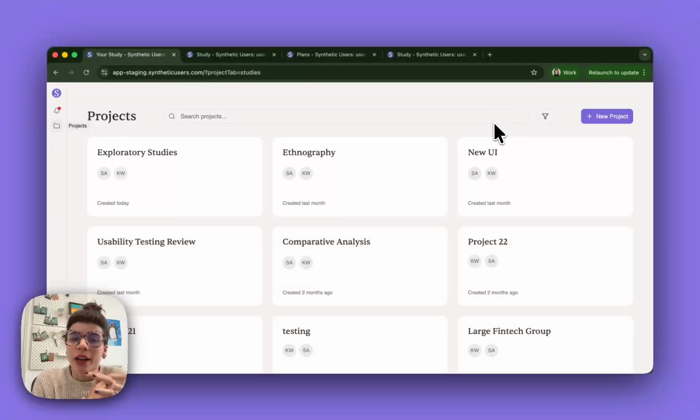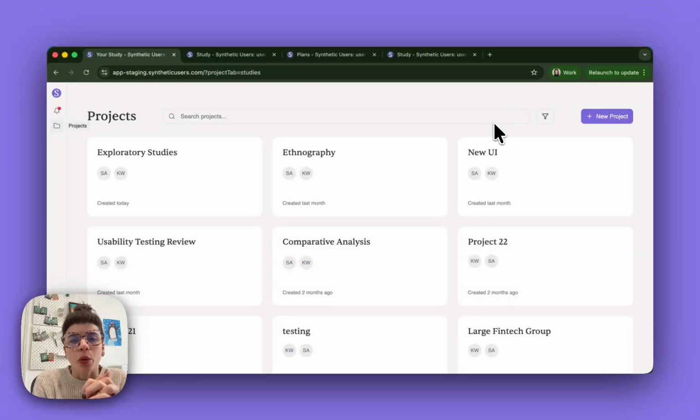In a previous video, I explained how to set up exploratory type studies. These are the two types of studies you can conduct with synthetic users. Exploratory are generative in nature, where you're asking questions about a specific audience or a specific subject. And then the more evaluative type research projects are those that apply when you already have a concept or an idea or a product, be it physical or digital, that you want to show the synthetic users and get some